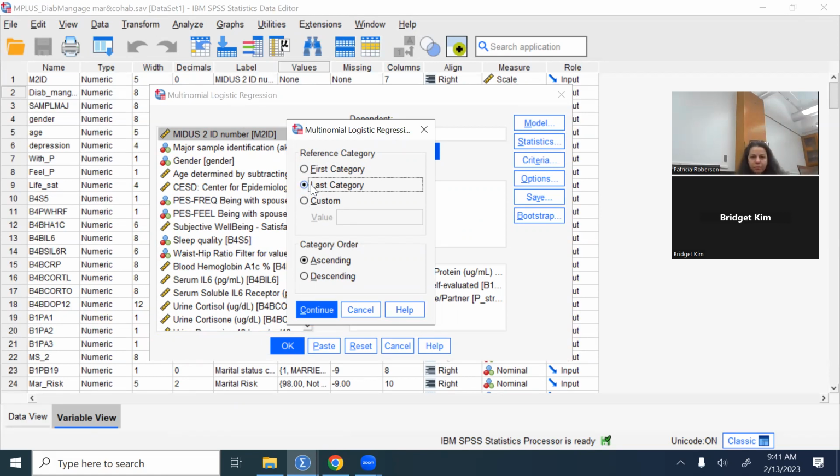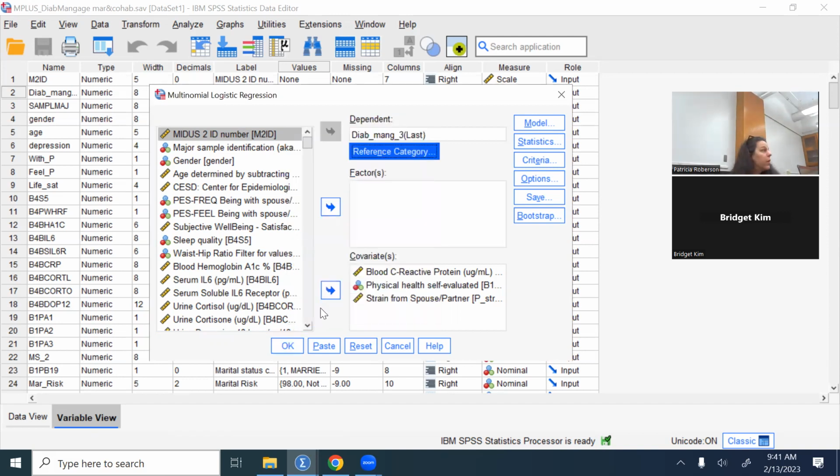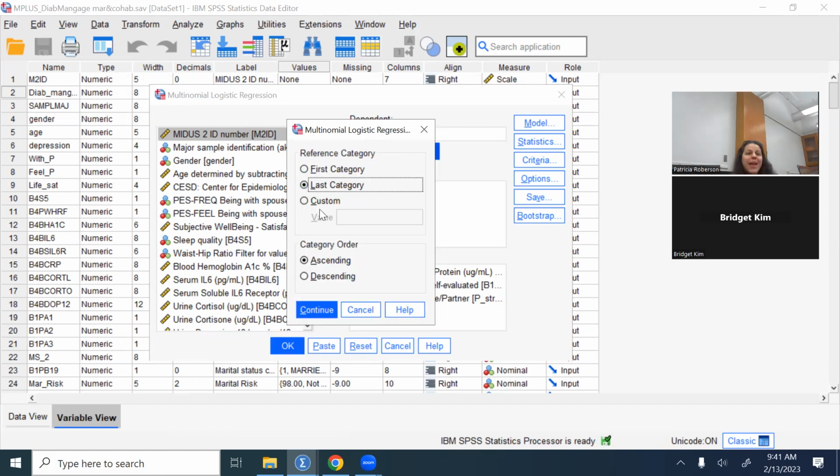Okay, so we're gonna keep it last category. Do we always have to call the value, not the label? If we wanted to go in the middle, do we just always call 2? Right. Yeah, so you put the numbers in there and not the term. And this is really nice because